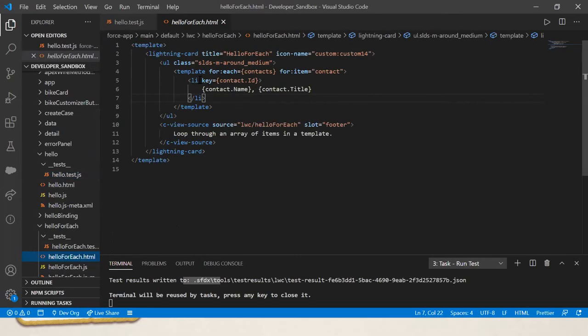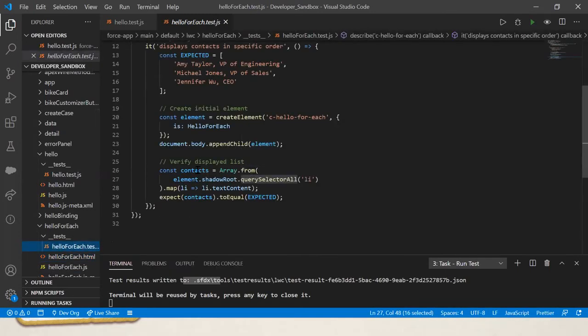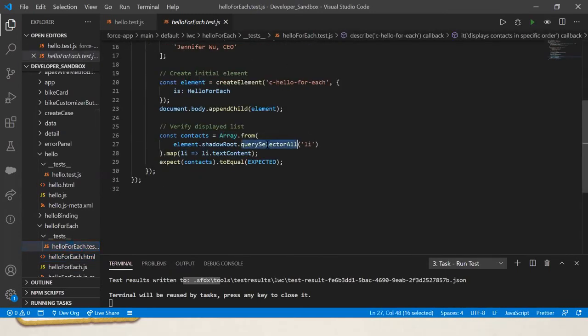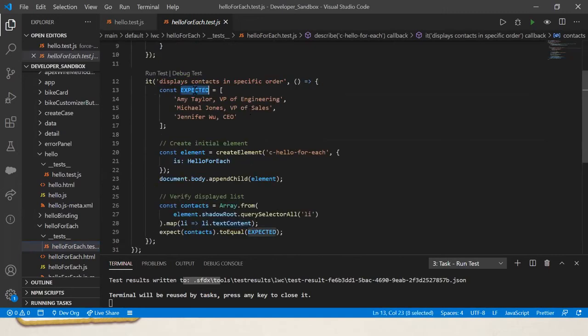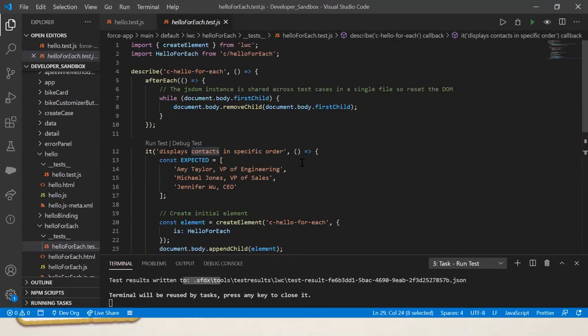We are just going to query the li elements, how many li elements there are, and the data present within all three li elements will be set over here. We query all the li elements and assert all the expected values against the already built sample test constant. With this we came to know that it is working as expected, with the actual and the expected output. Let me run this file as well.